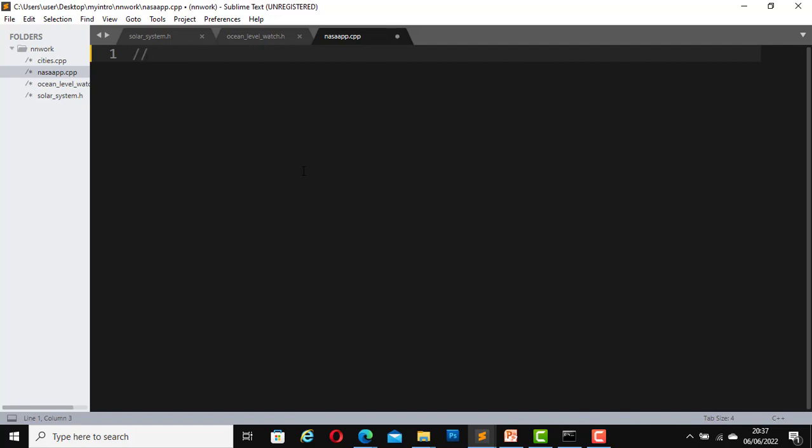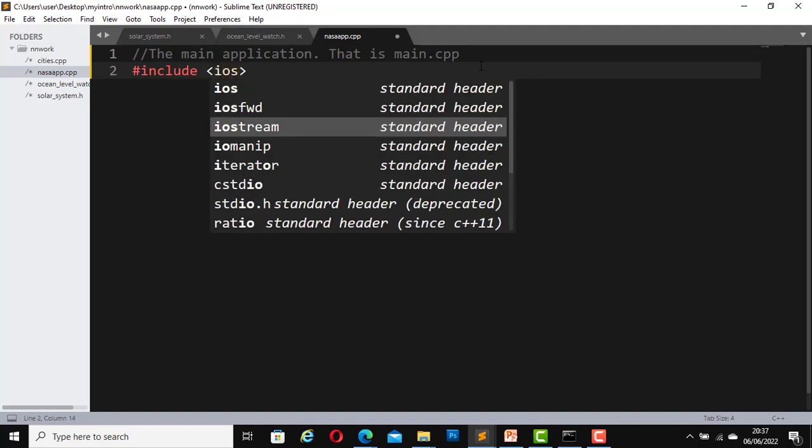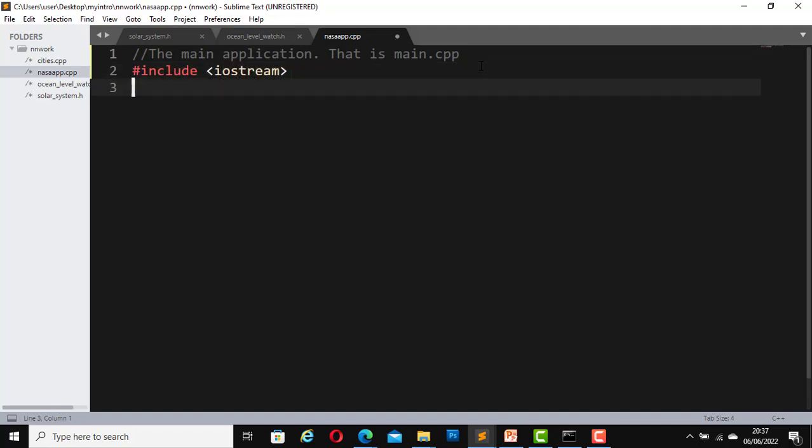Let me leave a comment here: the main application, that is main.cpp. I'm going to add some header files: include iostream, include string,